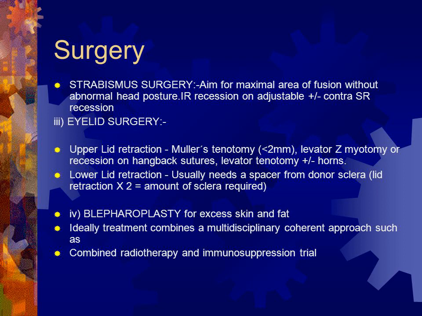3. Eyelid surgery. Upper lid retraction: Muller's tenotomy, less than 2 mm; levator myotomy or recession on hangback sutures; levator tenotomy plus/minus horns. Lower lid retraction usually needs a spacer from donor sclera; lid retraction x2 equals amount of sclera required. 4. Blepharoplasty for excess skin and fat. Ideally, treatment combines a multidisciplinary coherent approach such as combined radiotherapy and immunosuppression trial,